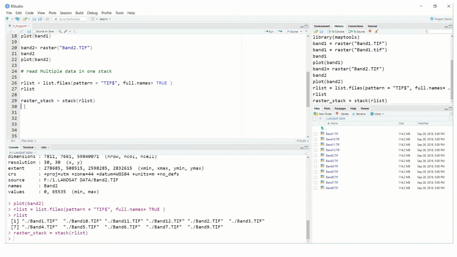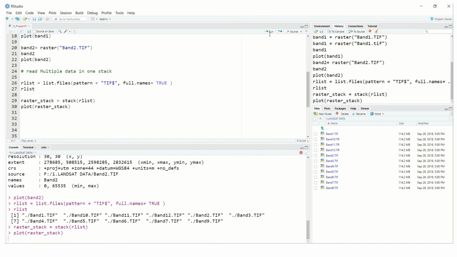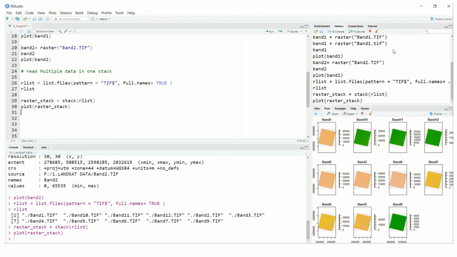Yes, then just plot the raster stack. We will run this, whether it will give us all the plots at once. Then our code line is correct. Yes, see here we are getting all the bands 1, 2, 6, 3, 4, 5, 7, then 10, 11, 12.